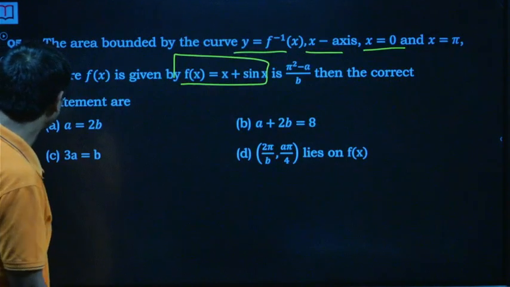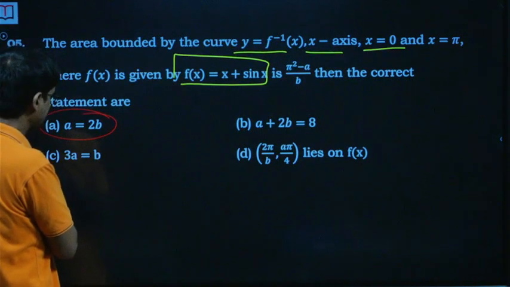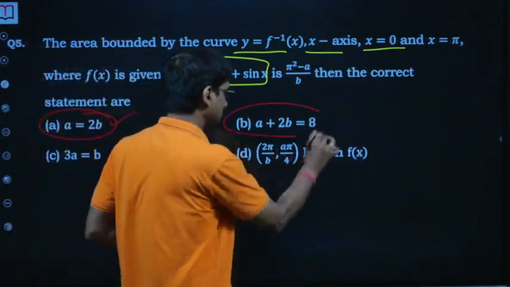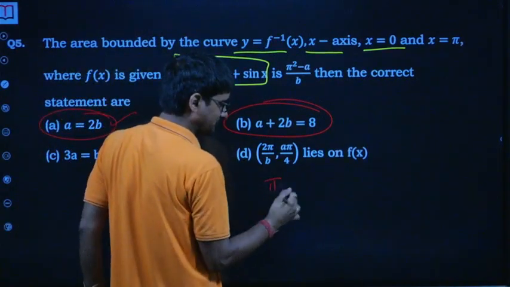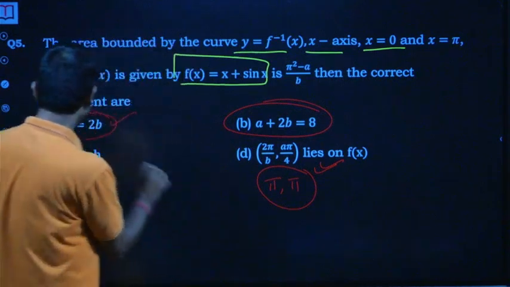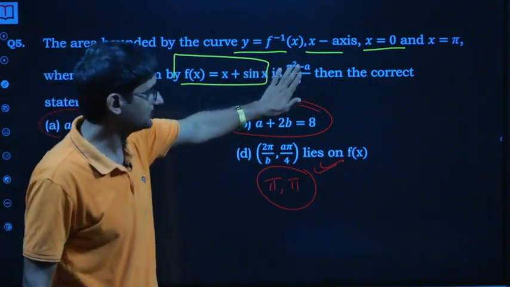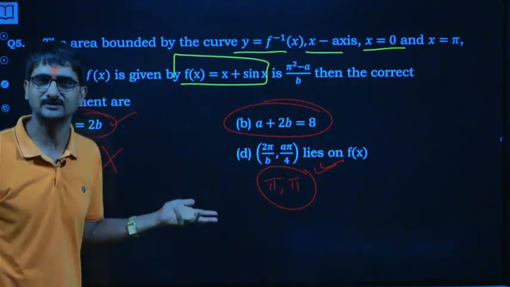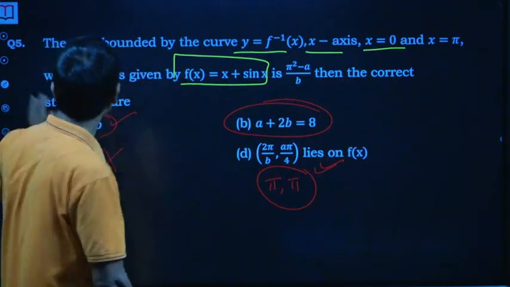A is 4, B is 2. So that's one condition. That's the correct one. A is 4, so B is 2. So pi comma pi satisfies. That's the correct one, this is wrong. So yes, everything is perfect. There's no need for any correction here. That's what I said in the beginning also. Let's check it once more, okay? Because that day when I solved, I got plus A when I compared it. It's fine, everything is okay.